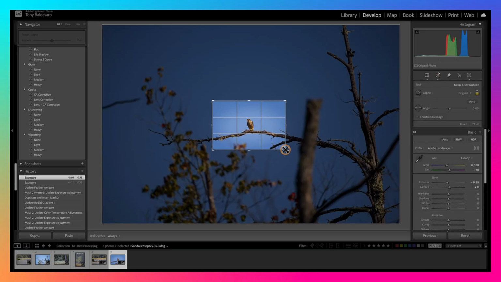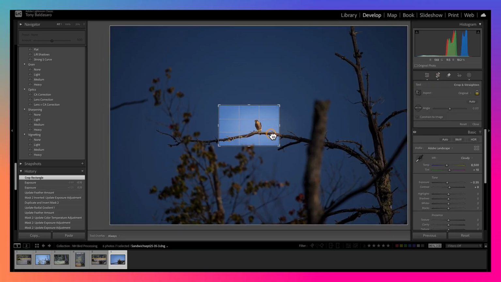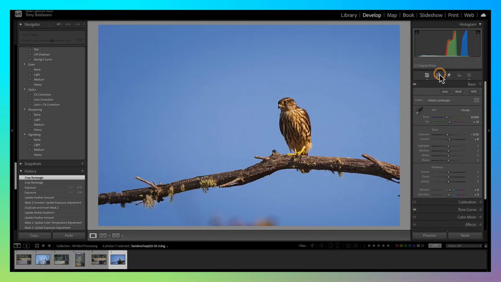Now, before I do anything else, I think I do want to work on the crop, and I think I will use the rule of thirds here. We're going to really employ that. We want the bird looking across the image. It also eliminated most of the sticks over on the right-hand side, and then it reduced what we have down below as well. And overall here, I think we have a pretty decent image and a real nice image of our Merlin